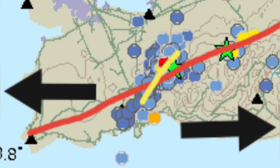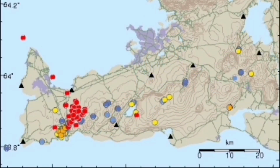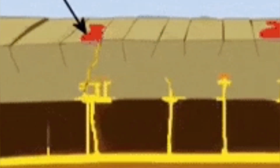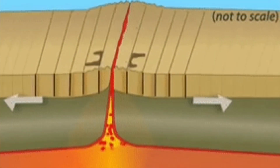I'm showing you again. From here, we go back and show you the bigger picture. As you can see here, this is where the eruption happened. And at depth, we can see these are the sheeted dikes, as we call them, and the magma rises into the surface through the cracks in the ground. These are the fault lines created by this extension of the